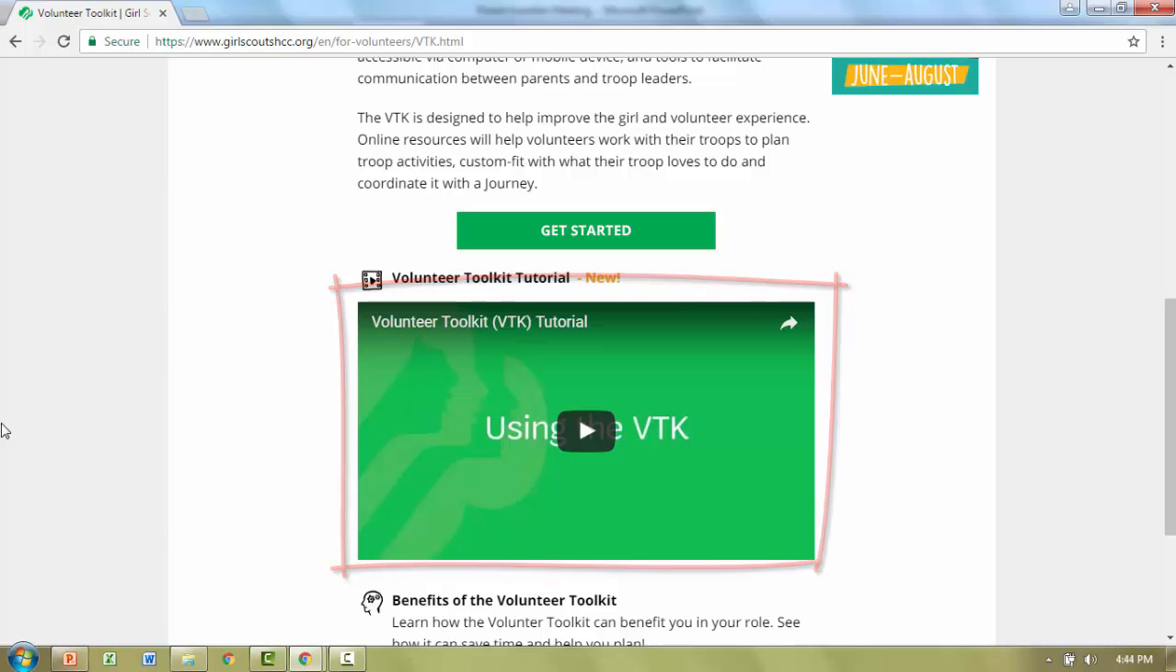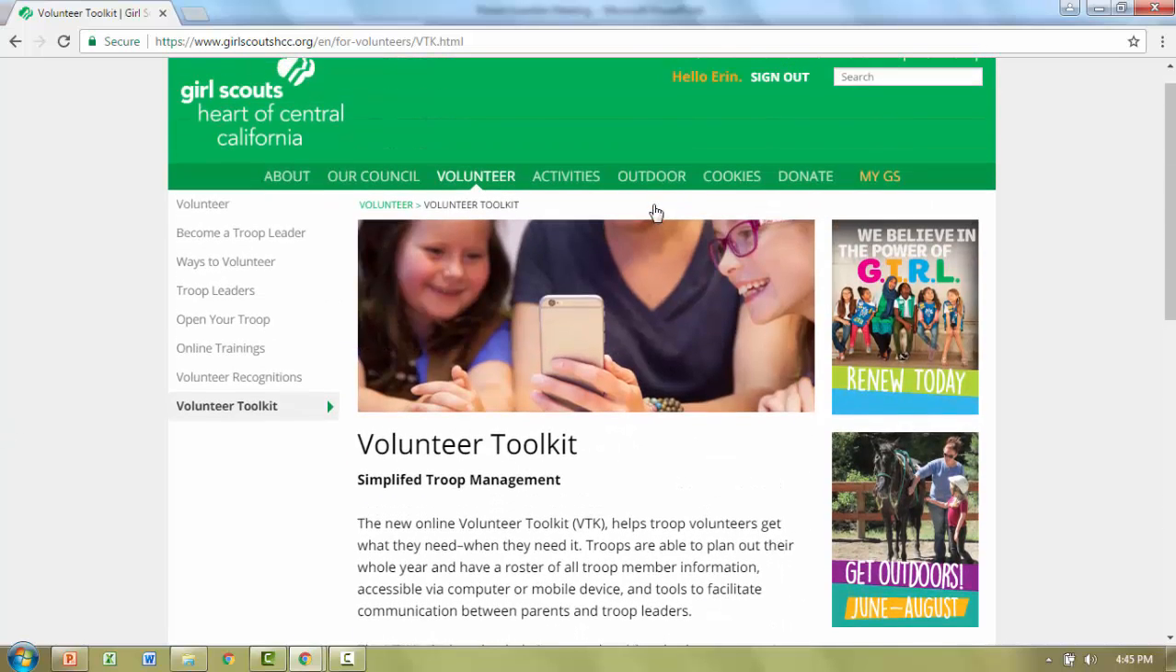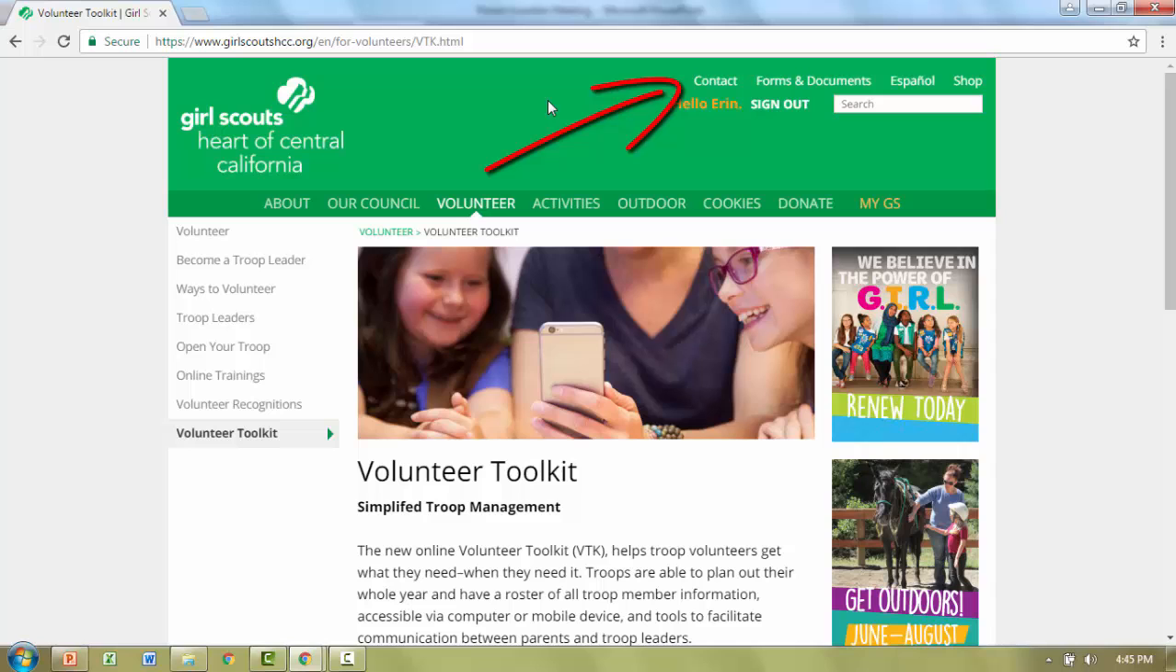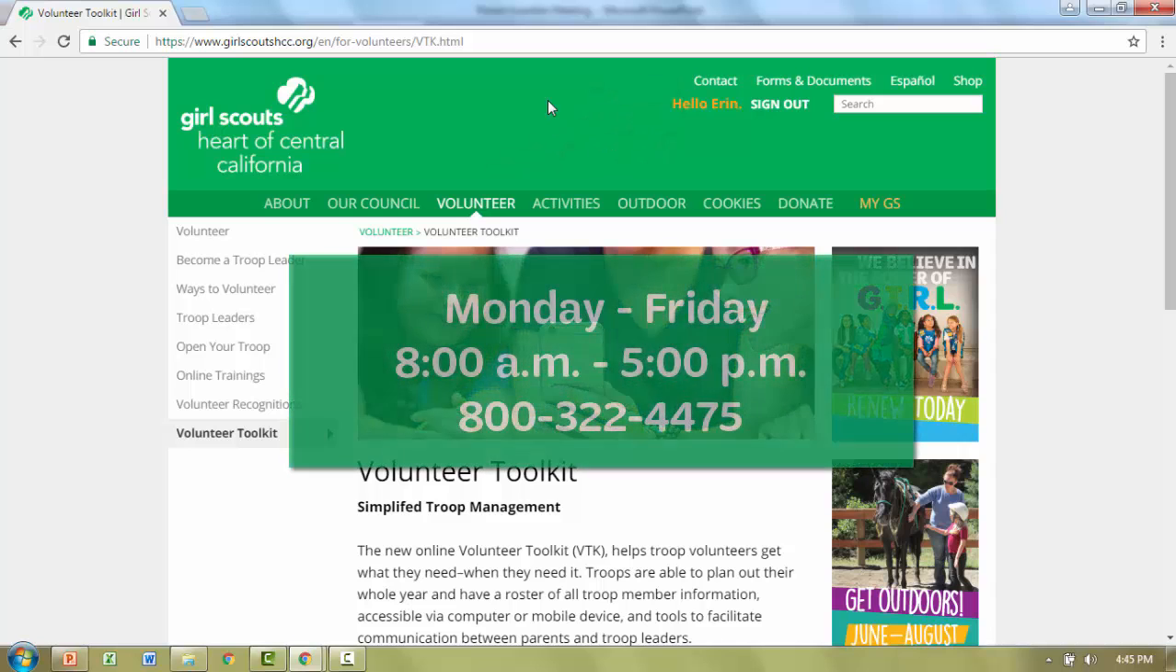Please note, the VTK can only be accessed by a troop leader. If you are the troop treasurer but not a leader in your troop, you will need the assistance of a troop leader to access the financial report features. You may enter the details together, or you can provide the financial details to the troop leader so that they can be submitted. If you are unable to submit your VTK financial report online, you can contact customer care for paper forms to submit. They can be reached at